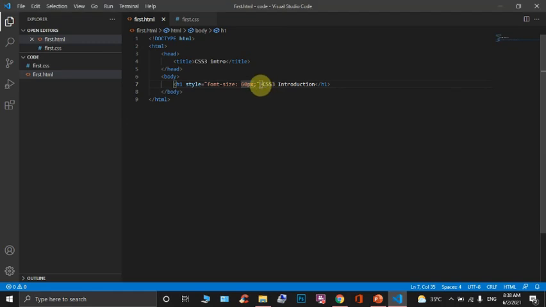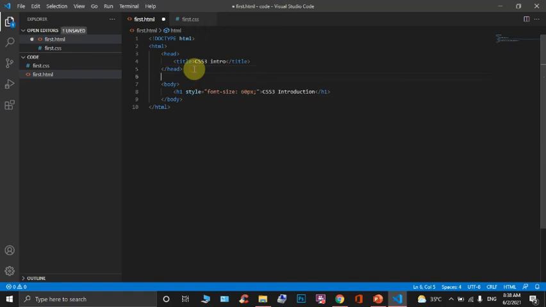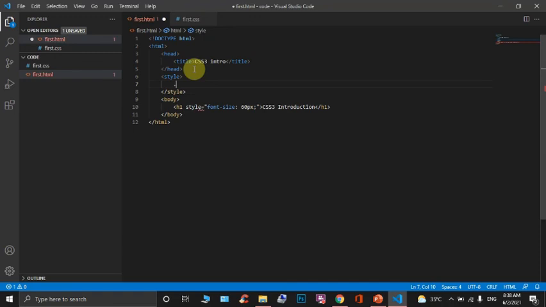Now we can give the color for this heading in internal CSS. We are including the style tag between the head tag and the body tag, and if we put a dot, it indicates the class. We should type the class name, you can add your own class name.